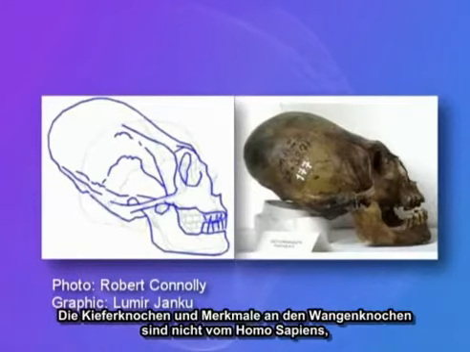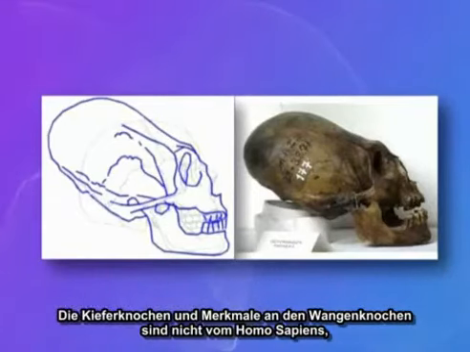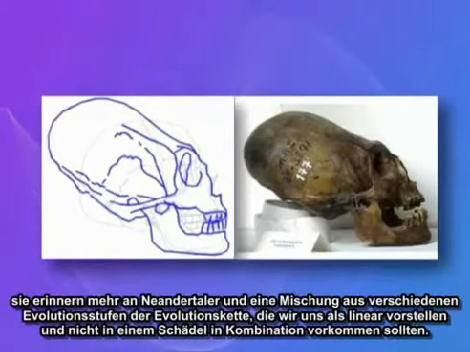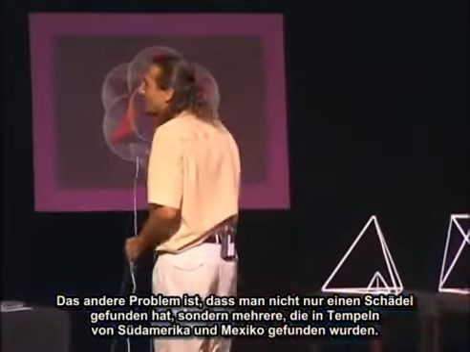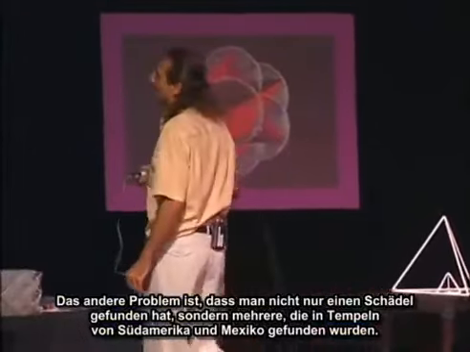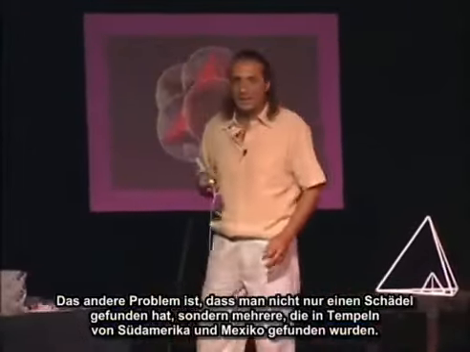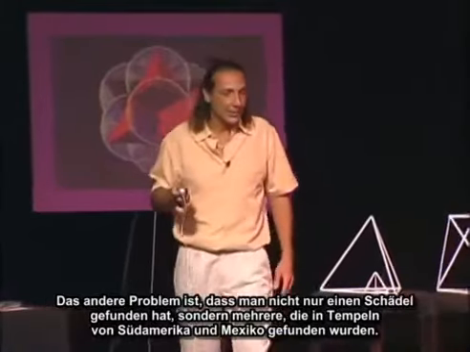For instance, the jaw bones and the features on the cheekbones are not Homo sapien. They're more of the Neanderthal and a mix of various stages in the evolution chain that we believe is linear in the evolution of man, and they shouldn't all be combined in the same skull. The other problem is that there's not just one of these skulls that was found, but multiple skulls that were found like this in temples around South America